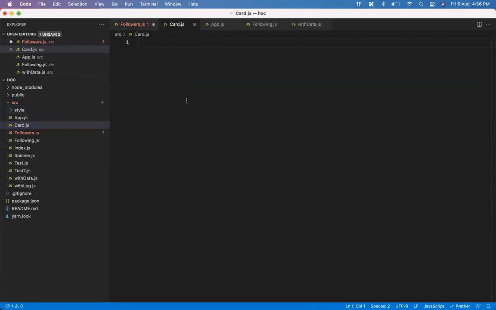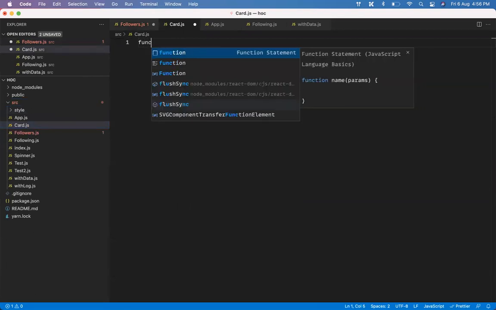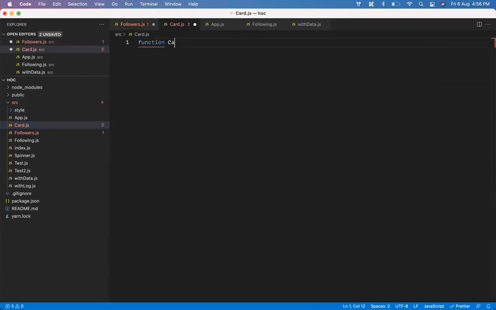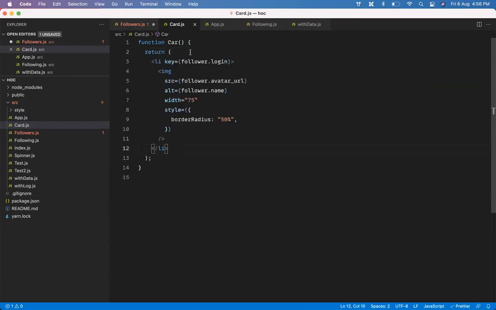You can call it card.js. It is going to be a function. It is going to get access to props, and rather than followers, it will be props. And you just export it from here.